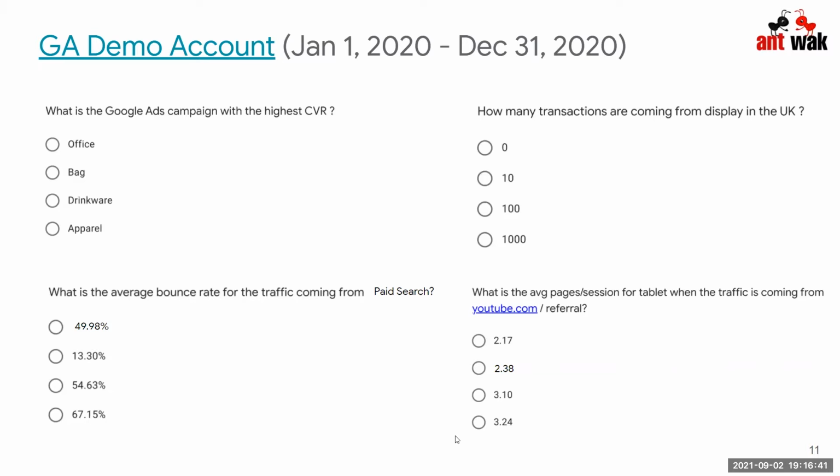What is the average bounce rate coming from a channel like paid search? And the last question is, what is the average pages per session for tablet when the traffic is coming from a certain source medium combination, which in this case is YouTube, referral? Which means a referral campaign was being run on YouTube. Cool. Rumpi, if you want, I can start presenting now.